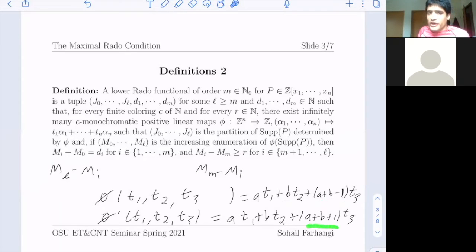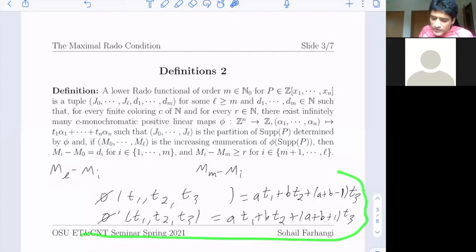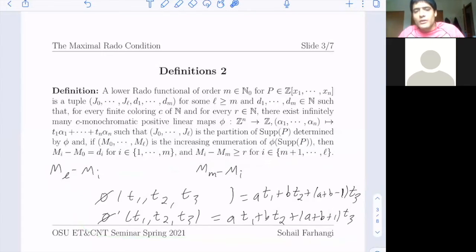If you shift in the other direction, then you can subtract things in the opposite order to get the same integer, which in this case is 1. The subtractions would give you 1. So then you just reverse which elements are the biggest and the smallest and the order in which you're subtracting things. So this is just intuitively how you could go from an upper Rado functional to a lower Rado functional, and why they're almost the same idea. But of course, just due to the technicalities of the proof, for the minimal Rado condition, you would need a lower functional.